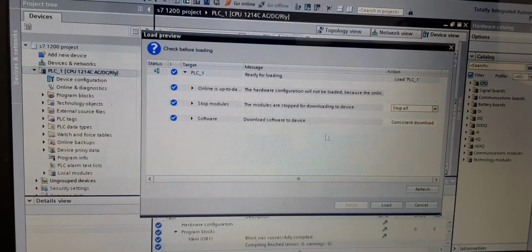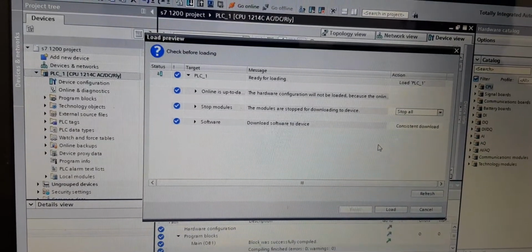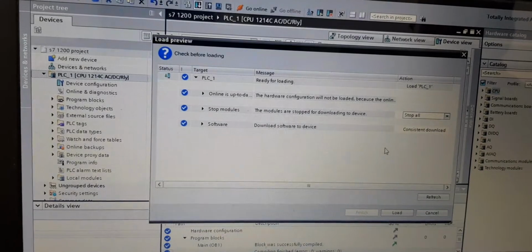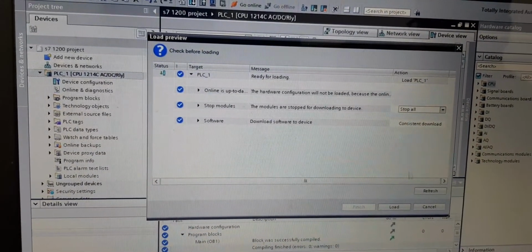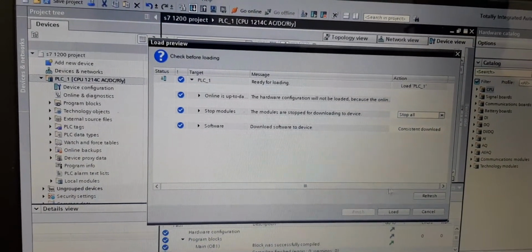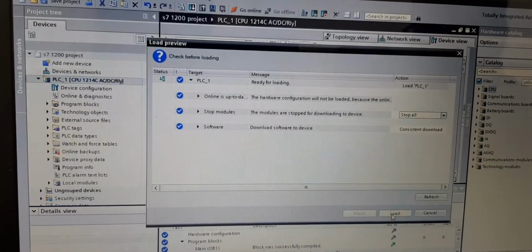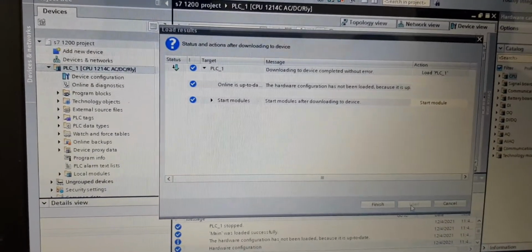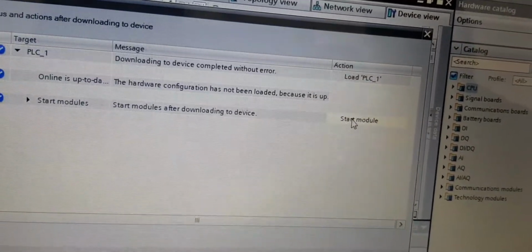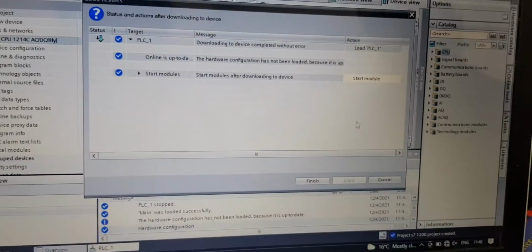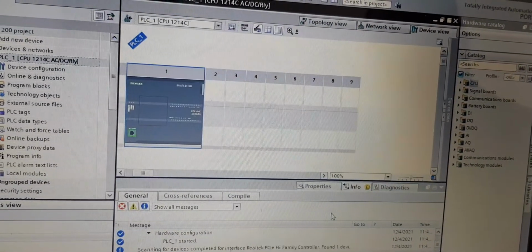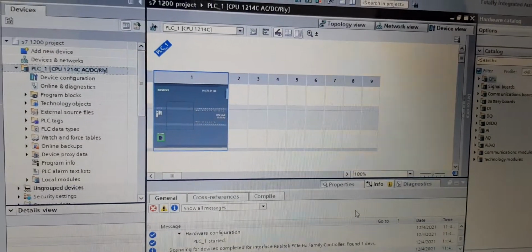If you are seeing something like overwrite the program, then you can select overwrite, you have to check that box. Okay, here we are not seeing it, so no issue, just load it. Then here it should be start module. If it is not there, then select the start module. Okay, then finish. So our configuration is completed.